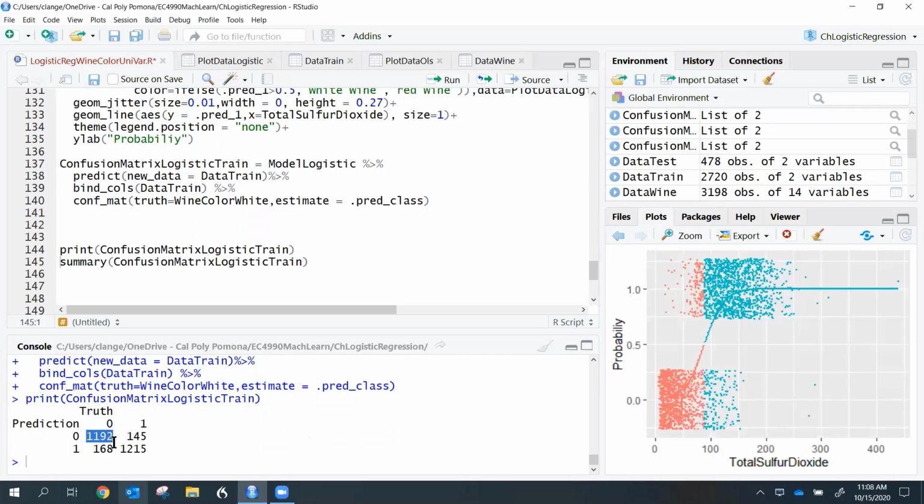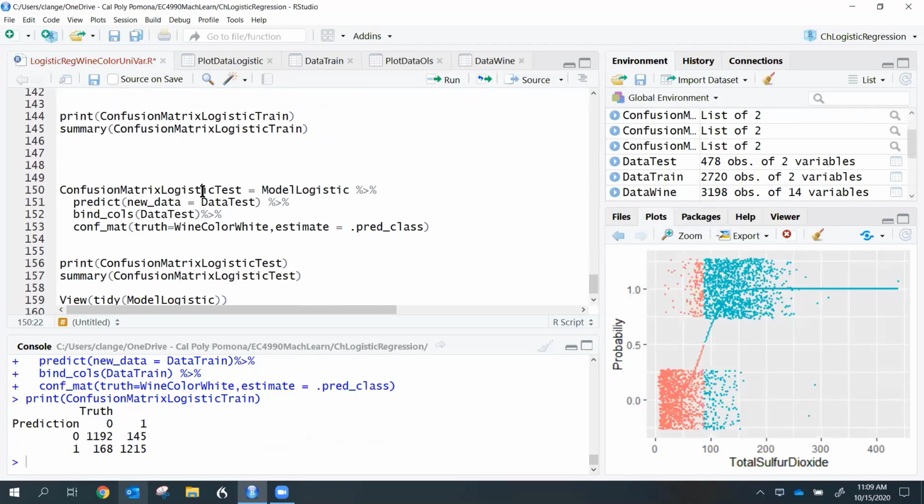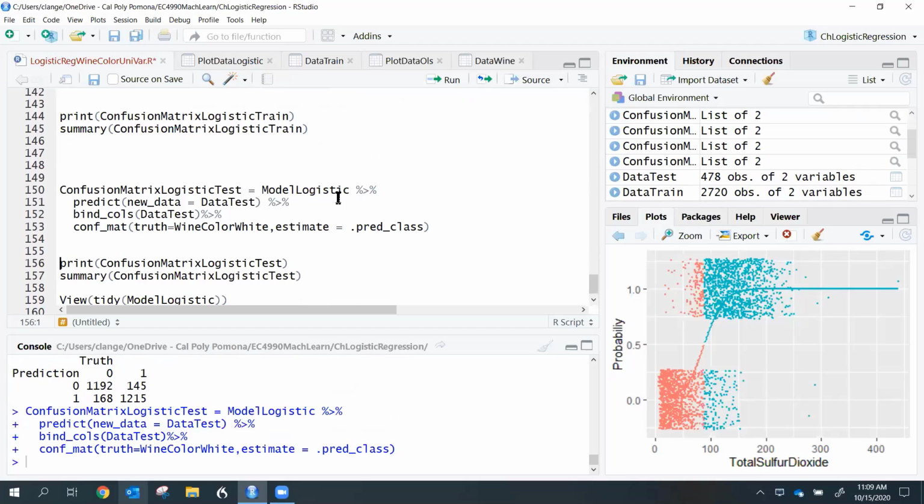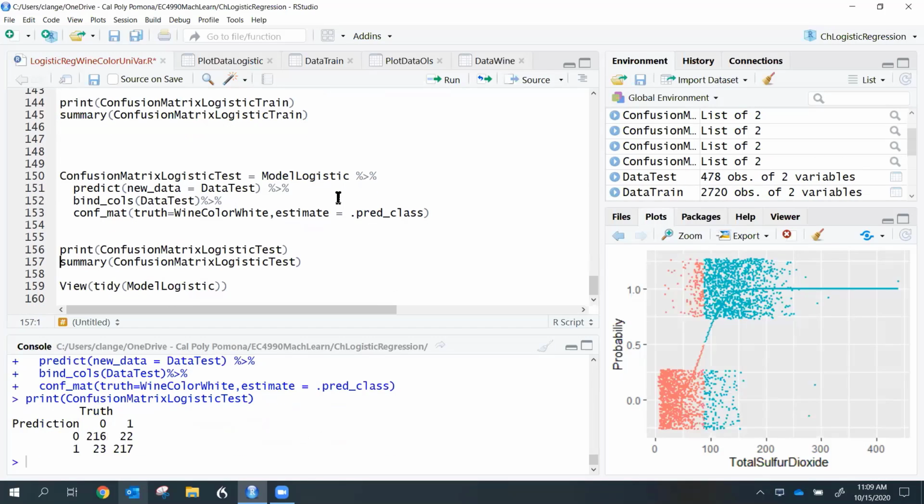These ones are predicted correctly from the training data. These were predicted falsely. So we did a pretty good job here. But again, this could be the result of overlearning. So let's look at the test data. What is the confusion matrix of the test data? Here it is. Wow. We only predicted this 23 and this 22, so about 45 records we predicted wrong,